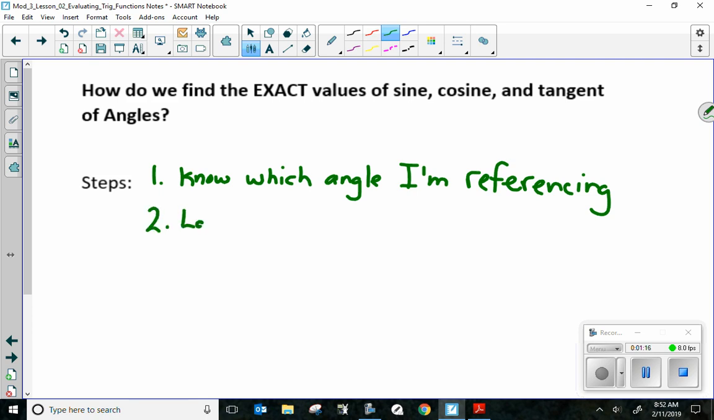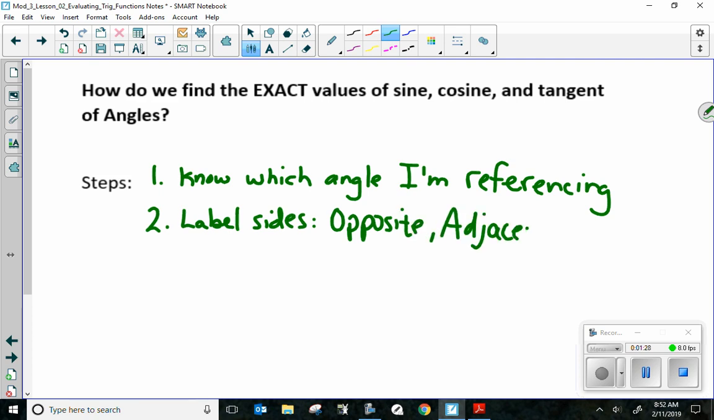I'm going to label my sides. Label my sides, and they will either be opposite, adjacent, which means next to, and hypotenuse. All right, you want to label your sides so you know what angle you're evaluating. Okay, label the sides based on that angle, either opposite, adjacent, or hypotenuse. And then three, and this was on the cover page,